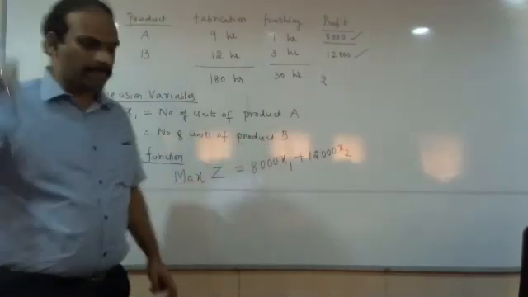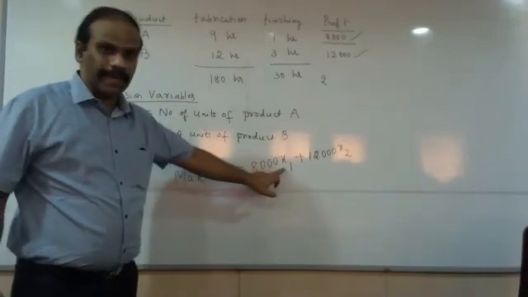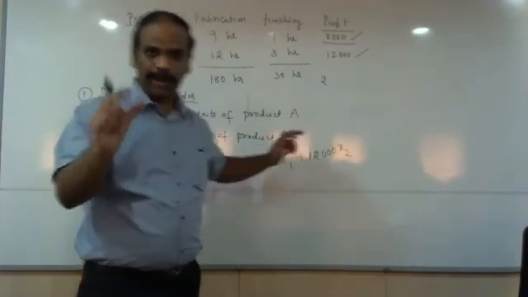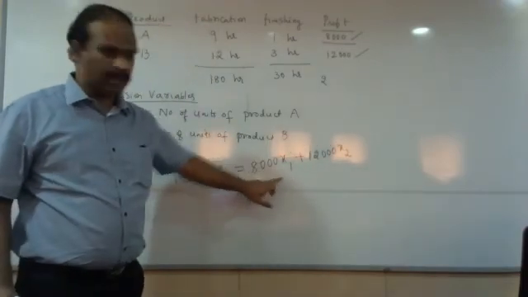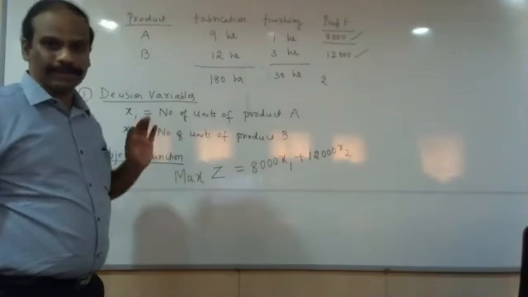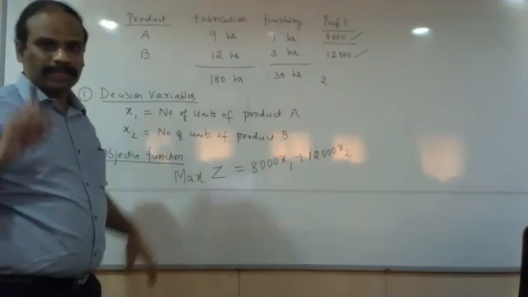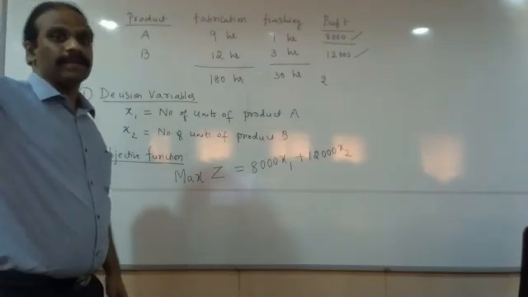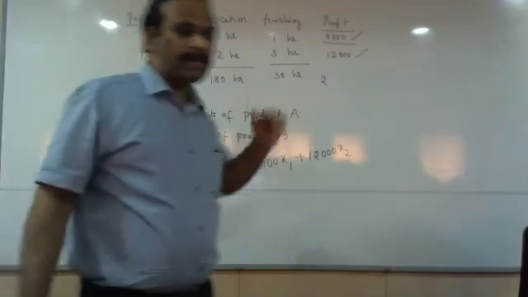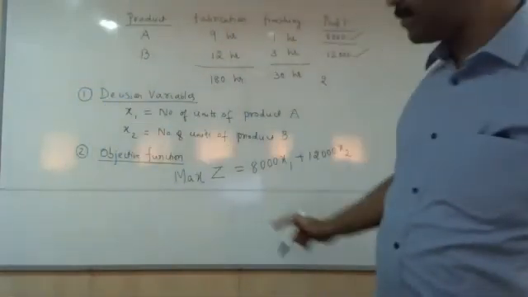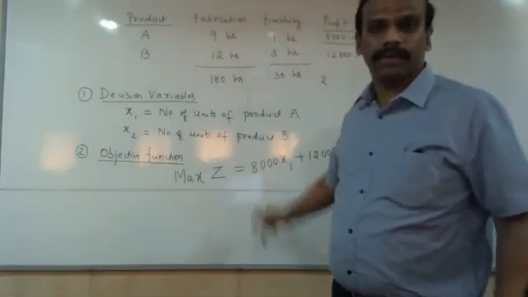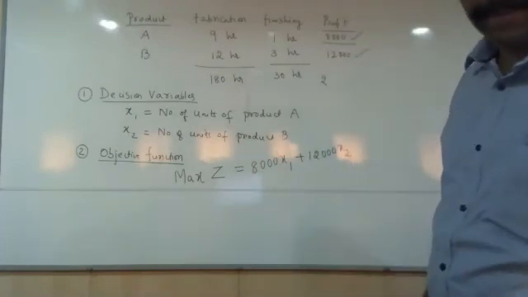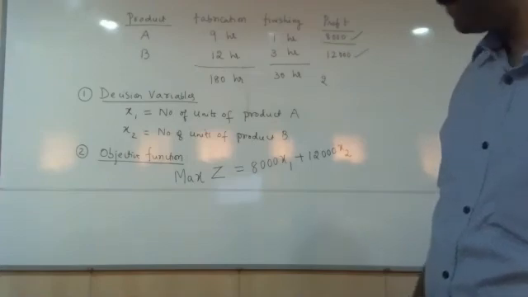What do I finally calculate? How many units of A I have manufactured and how many units of B I have manufactured. If I substitute those values into this equation, I will get the total profit. Do you understand? So the objective function is basically an equation which helps me identify the final outcome of the problem. This equation should help calculate your final outcome. Have you all understood the meaning or the logic of this equation? Everybody? Yes or no? Yes, sir.